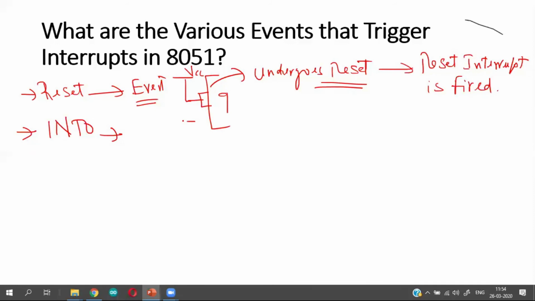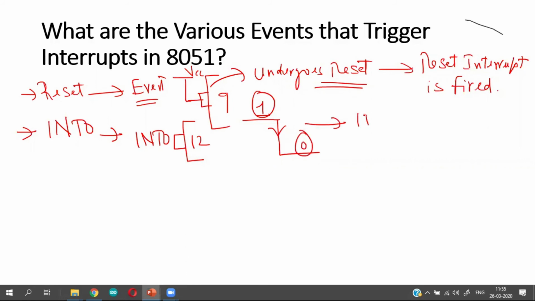In INT 0, pin number 12, INT 0 pin, whenever this pin falls from high to low, INT 0 is initially at Boolean 1. Whenever it makes a transition from high to low, from 1 to 0, INT 0 interrupt is fired.